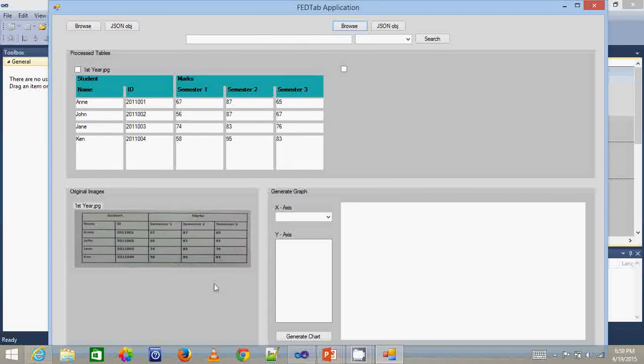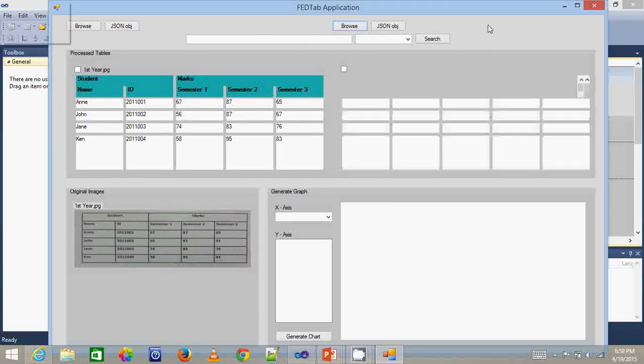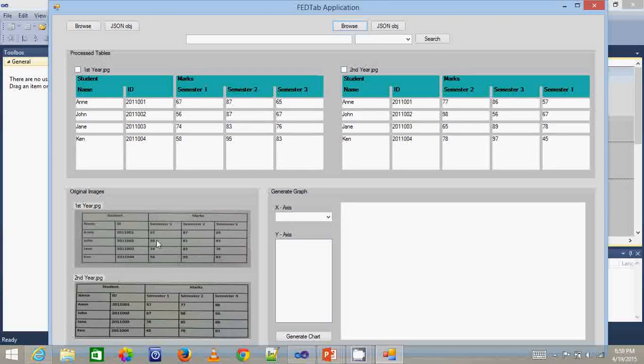and here it will show the original image and the recreated image structure of the table. So you can see the structure and the table content is same as the original images. I have tested this before, and I got 100% accuracy for the table structure recognition as well as the table content recognition. And for this application, in order to test the functionalities of the data manipulation module, I have added